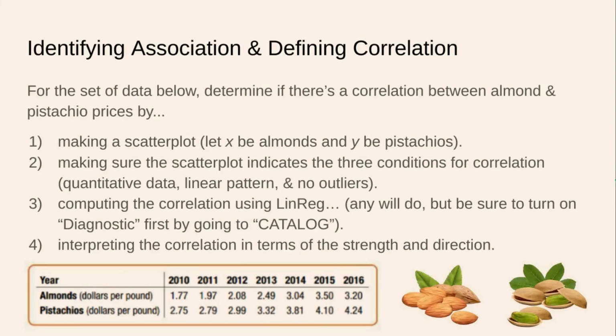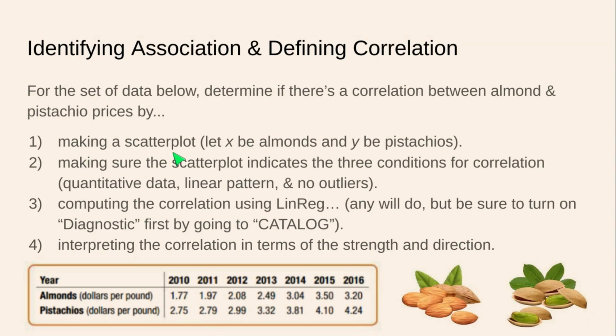We're going to be starting off our lesson with an example, identifying association and defining correlation. Okay, so we're talking about association, and when we fit a number to that association, that's called correlation. So for the set of data below, determine if there is a correlation between almond and pistachio prices by step